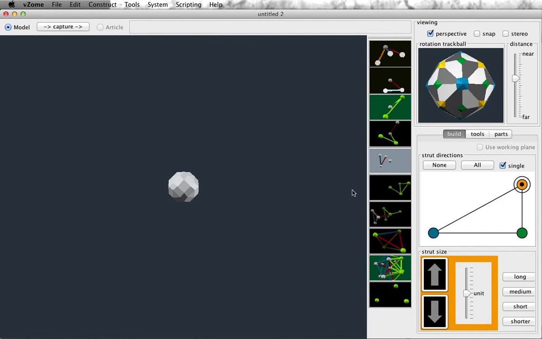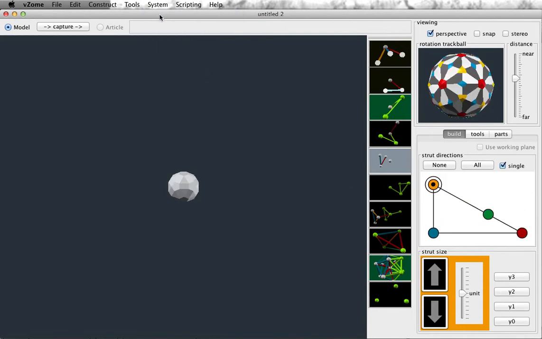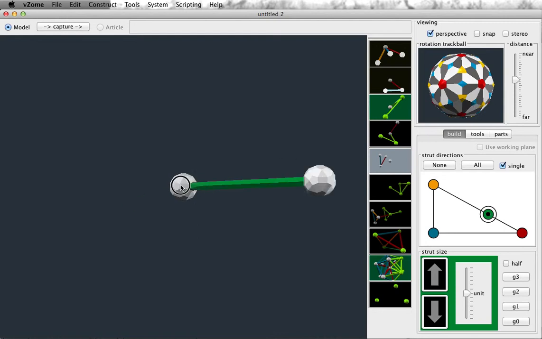So why would one use octahedral symmetry as opposed to icosahedral symmetry? Well, let's go back to icosahedral symmetry to demonstrate that. Suppose that I want to build a tetrahedron, and I know that it's made of green struts, a regular tetrahedron. So let's try to do that with icosahedral symmetry. So I will try to design a triangle, and